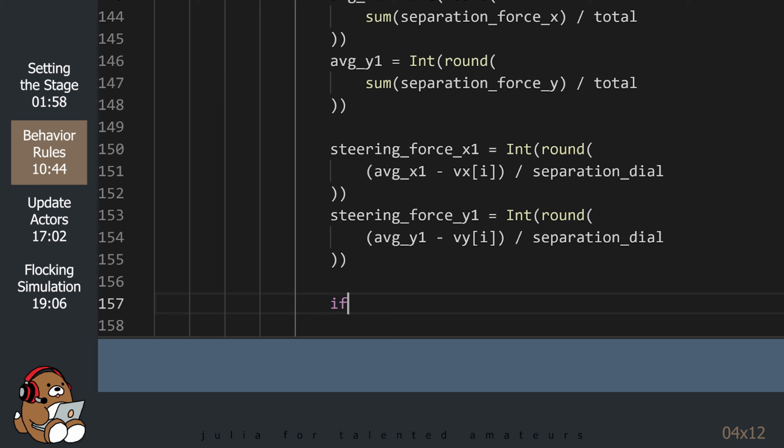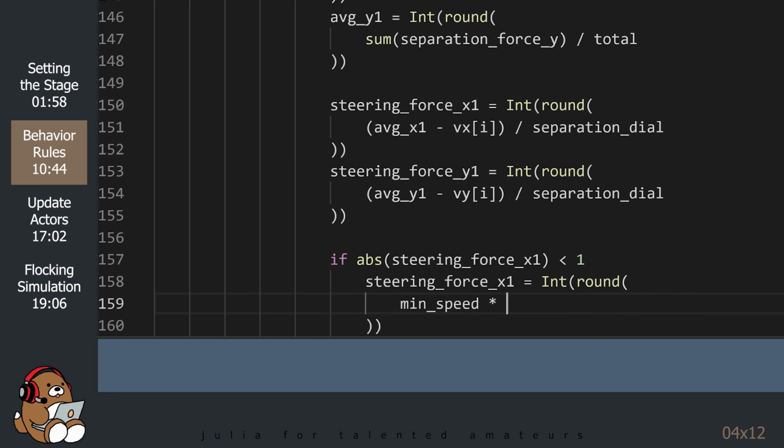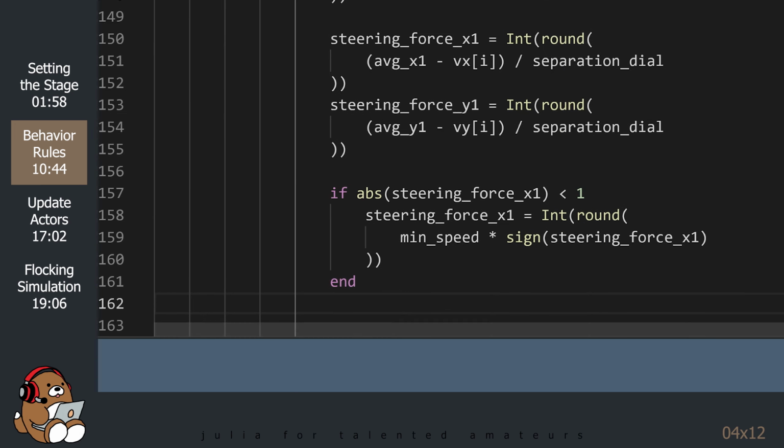In order to regulate the velocities of the boids, we're going to use minimum and maximum speeds. This will help to make your simulations more fluid by avoiding sudden rapid accelerations or decelerations.